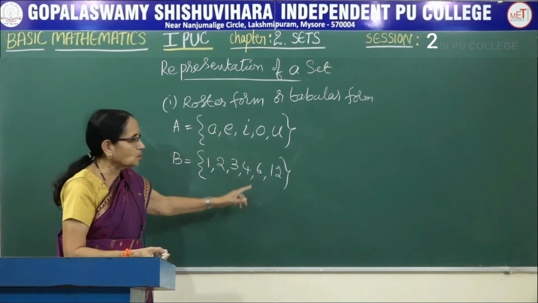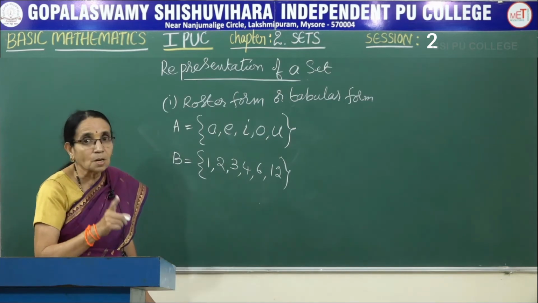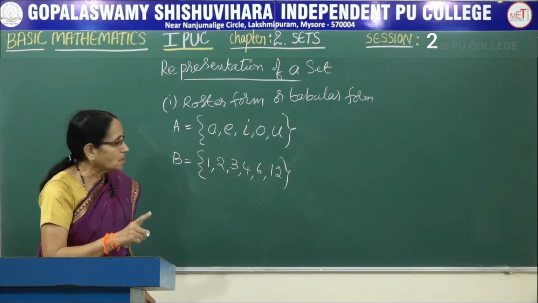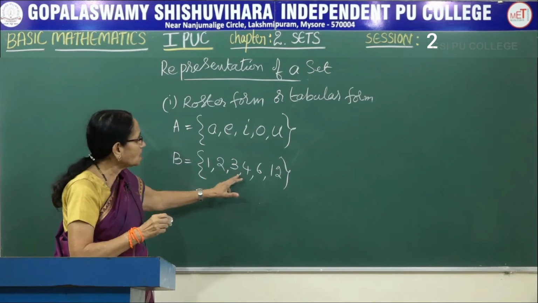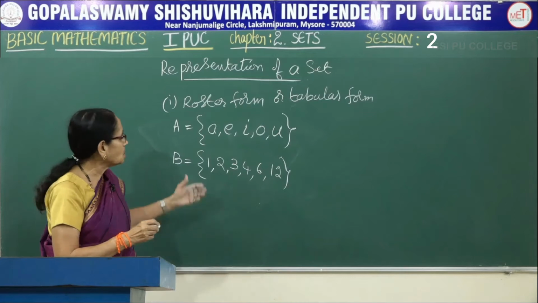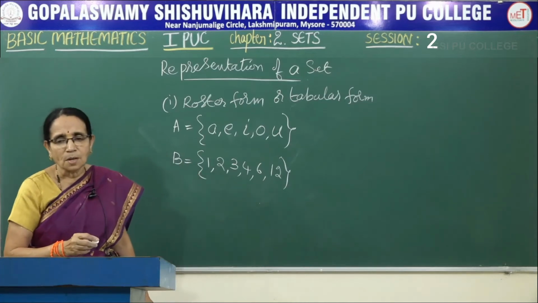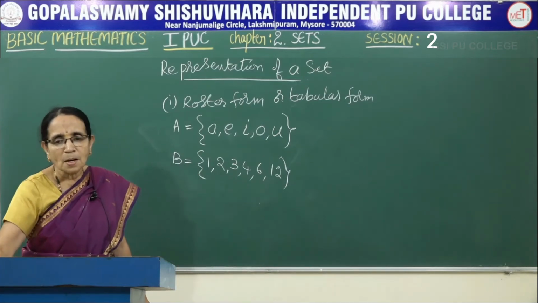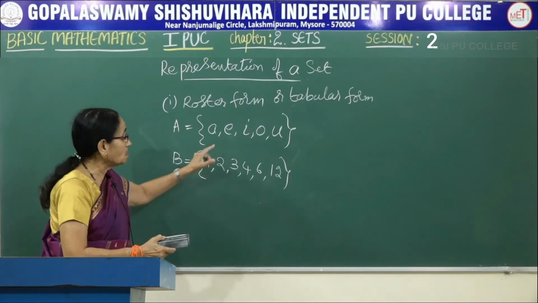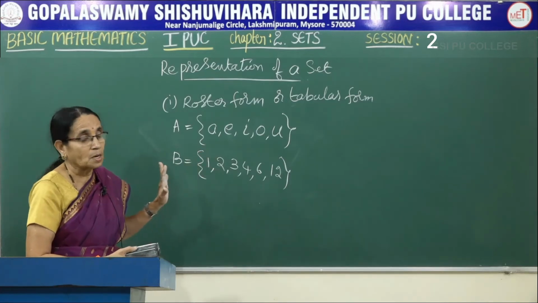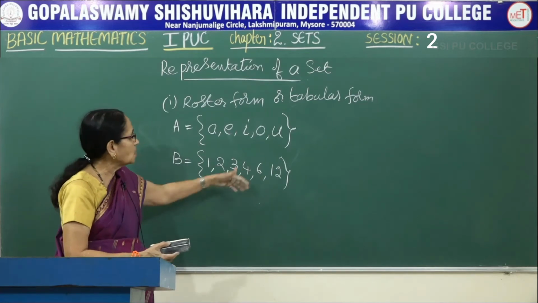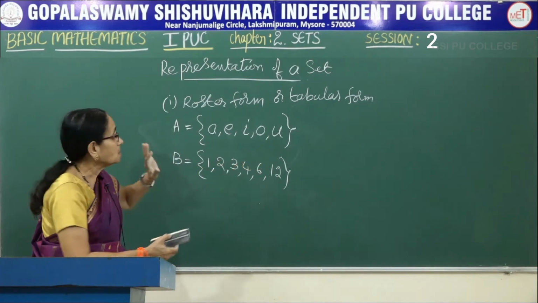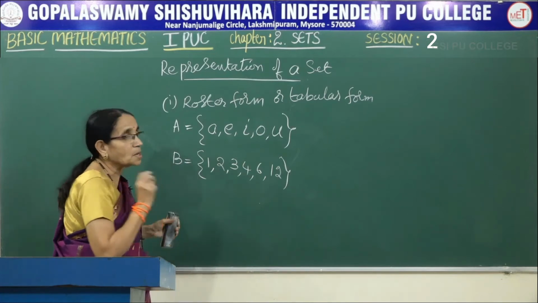All of them now have a common property. What is that property? All the numbers divide the number 12. Here I am writing the actual elements. So this is another example of the roster form. Again, remember the order is not important. In whatever order, you can write 6 first, 4 afterwards, 12 in between, then 1. The order is not important.